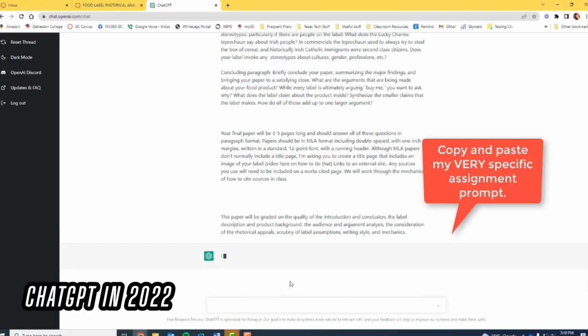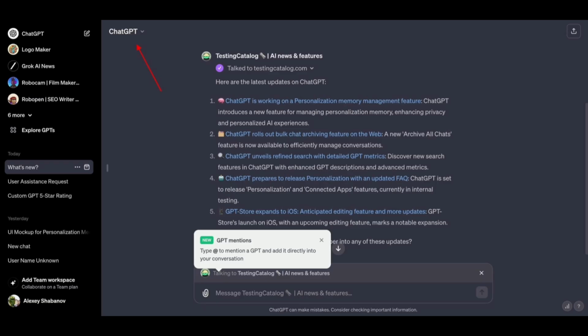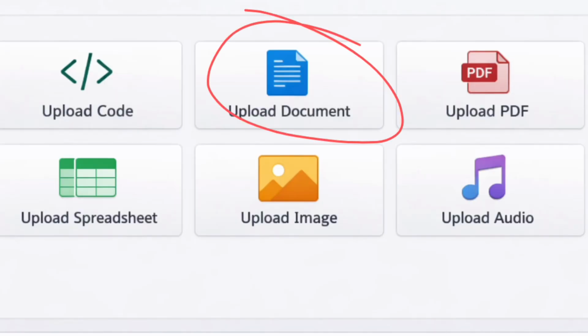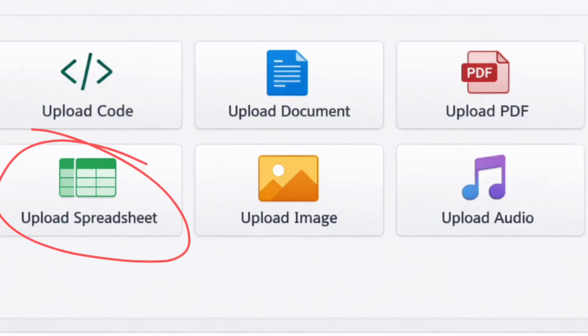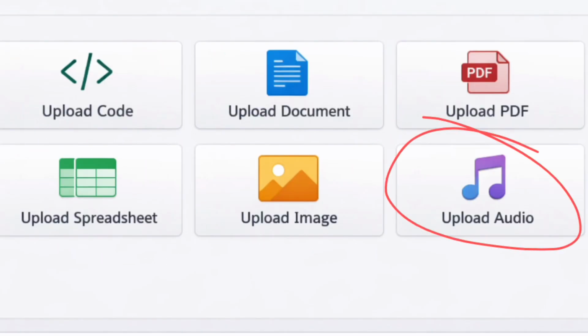Like at the beginning, the language models were very simple in comparison. They were text in, text out systems. You give the text, you get the text back. But over time, things have changed. Now the model doesn't just learn language; it even handles documents, coding, PDFs, Excel files, images, and even audios. The same core model began working across different formats and tasks.